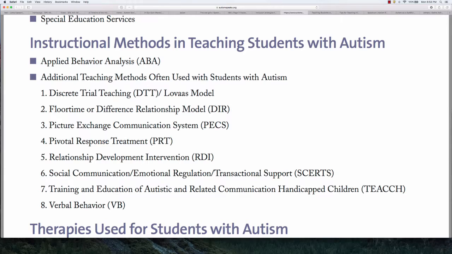The operant model involves three main parts: an antecedent, a behavior, and a consequence. An antecedent is the event or experience that happens before the behavior occurs. The behavior is the response or lack of response from an individual, and the consequence is what happens right after the behavior occurs. Based on the consequence, the behavior might increase, decrease, or maintain in the future. This is called the three-part contingency, or you probably will hear it as the ABCs of ABA, and it is the basis for ABA interventions.